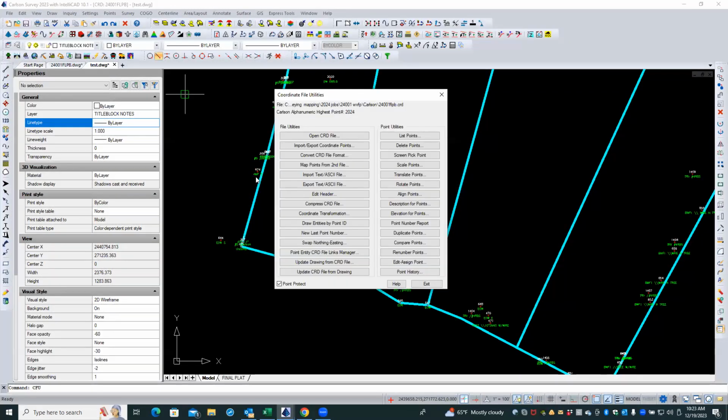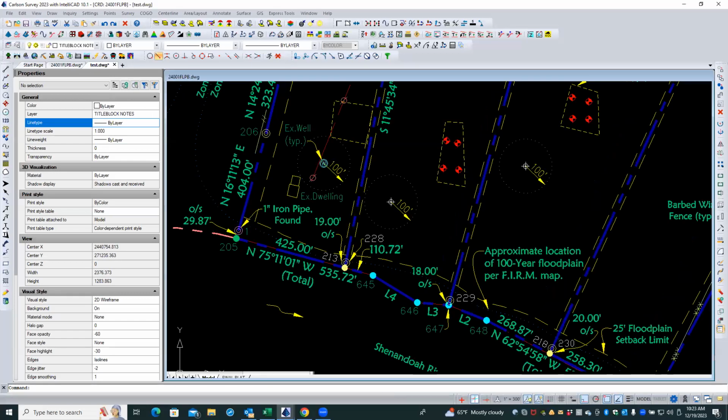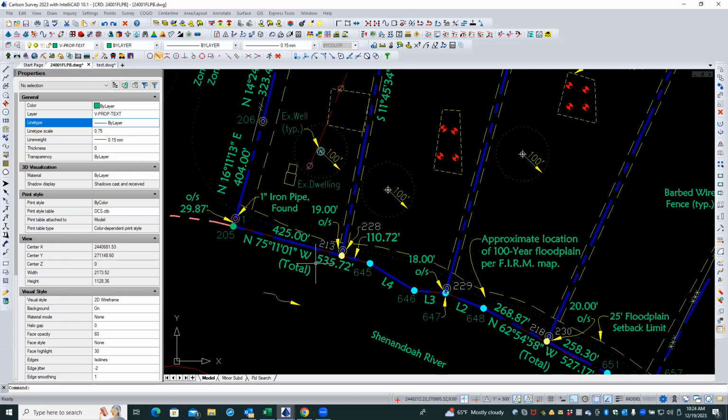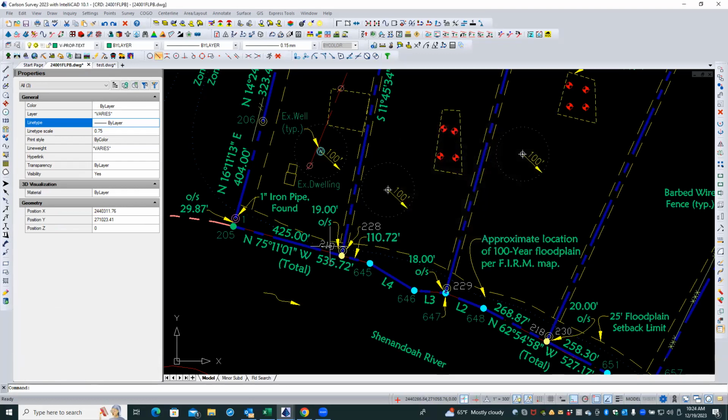Okay, so that tells me now that we have some points in this drawing that do not exist in the coordinate file, namely this 213 and 228. And if you double click 213, see it comes in there. It's in the drawing, but it's not in our coordinate file, and it's not in any of those other coordinate files that we had. But if we want to get them, the easiest way to do that is to